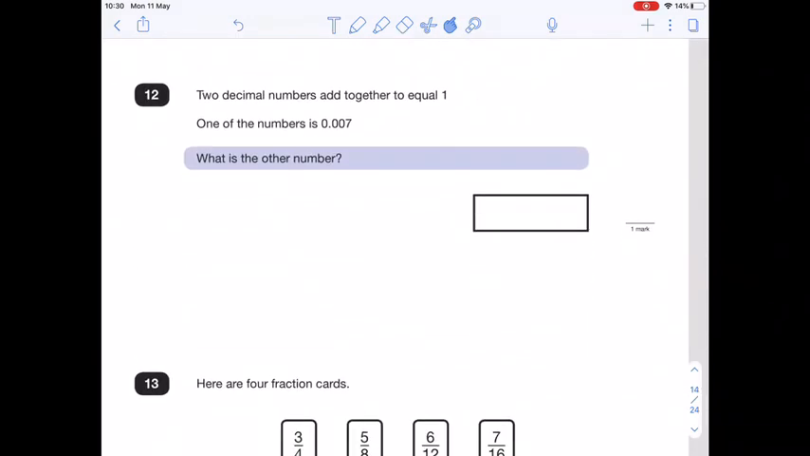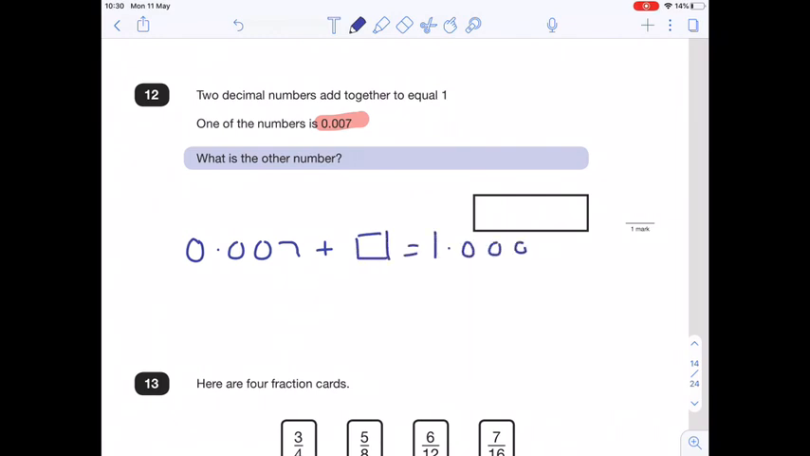Okay, so two decimal numbers add together and equal 1. One of the numbers is 0.07. So what do we add to 0.07 to get 1? Add something equals 1.000 if you like. Okay, so the easiest way to do that is to do